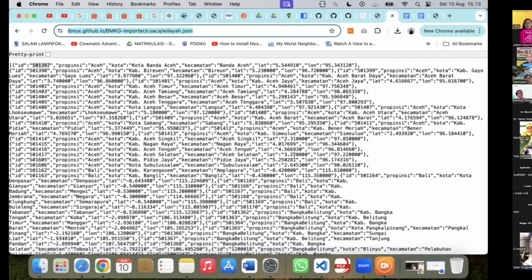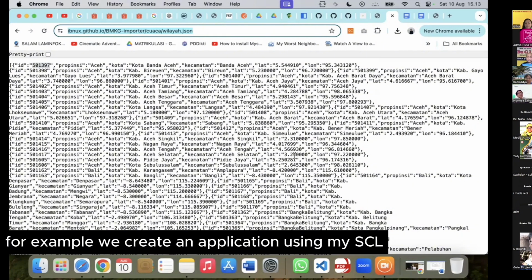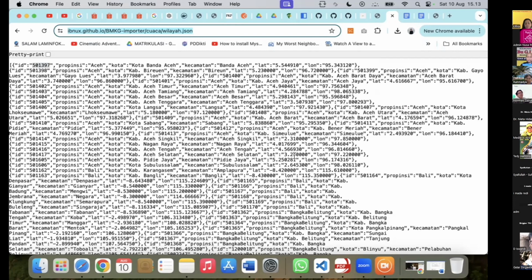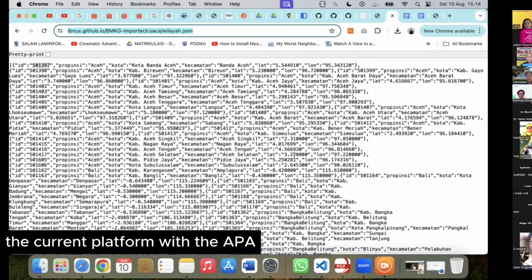Misalnya, for example, we create an application using MySQL, and then we create the data about the movie or sound, image, using a different technology, for example MongoDB or Oracle for the NoSQL, and then we can bertukar informasi, ya, using different platforms with the API inside our application.